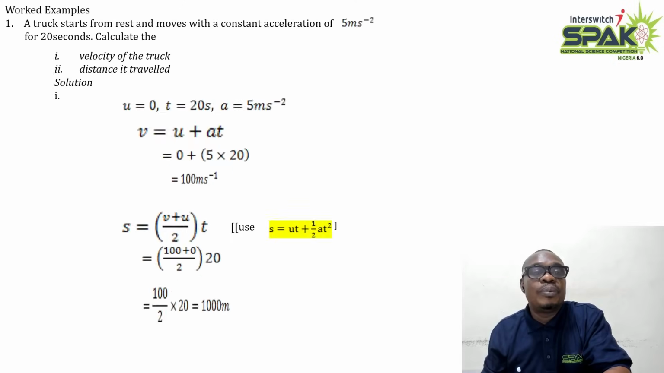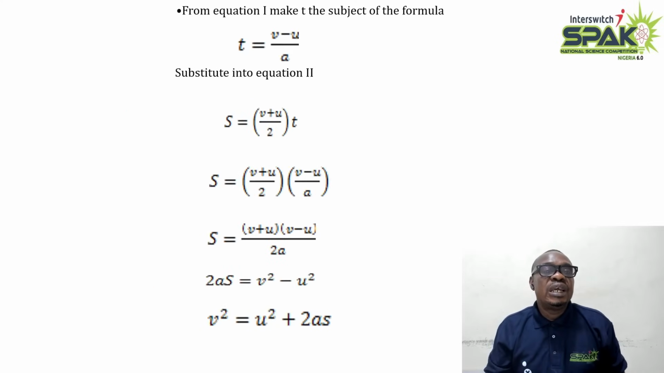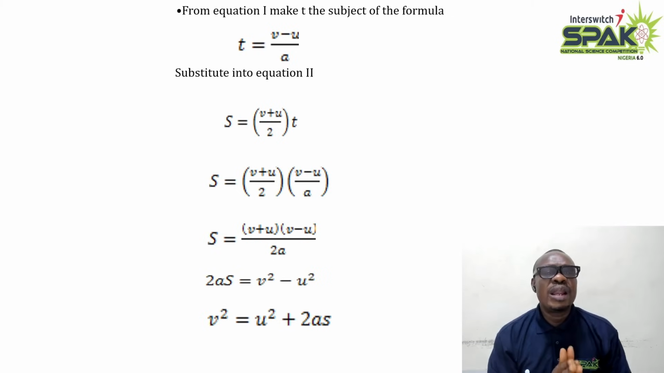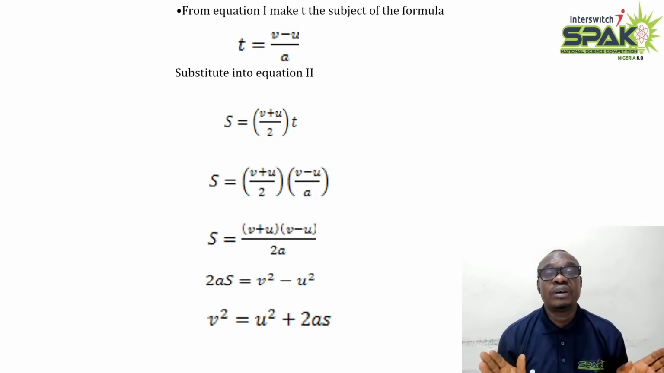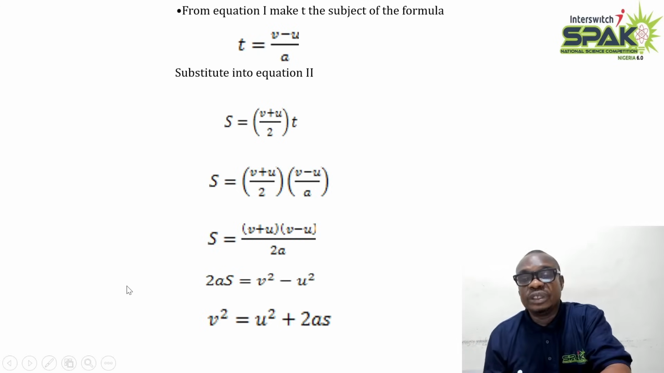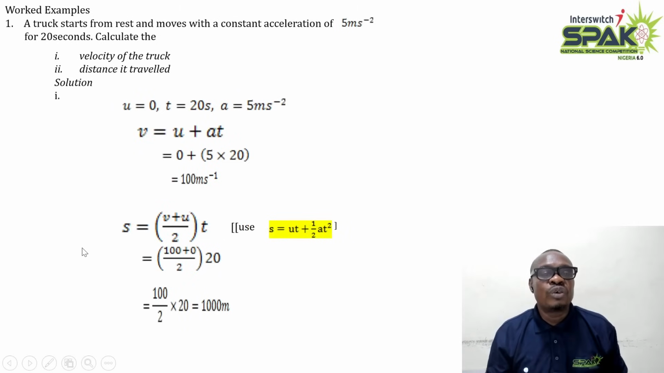Now the first example we take is this. A truck starts from rest. When an object starts from rest, what does it mean? It means that its initial velocity is 0. So we have the first parameter here, which is u equals 0. A truck starts from rest and moves with a constant acceleration a of 5 meters per second squared for a time t of